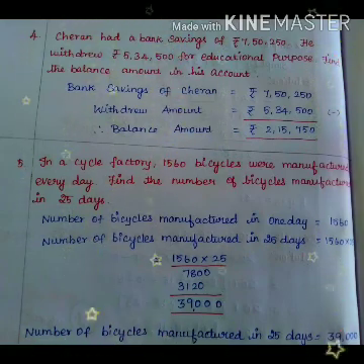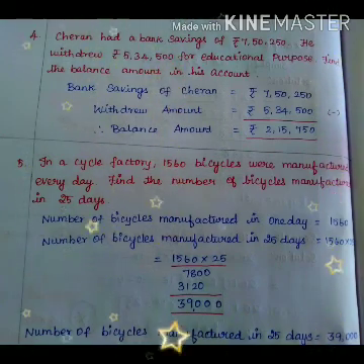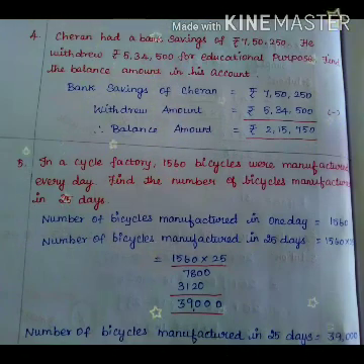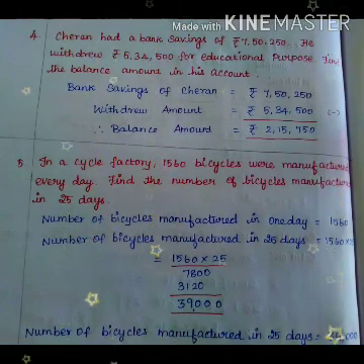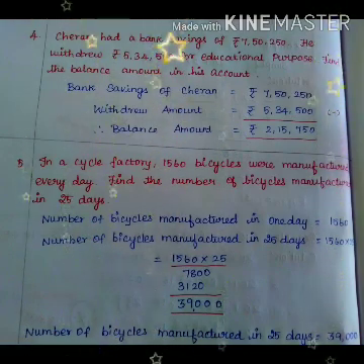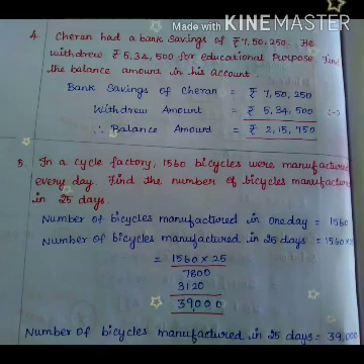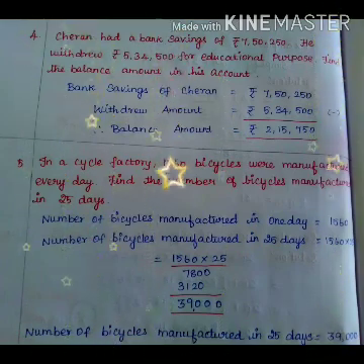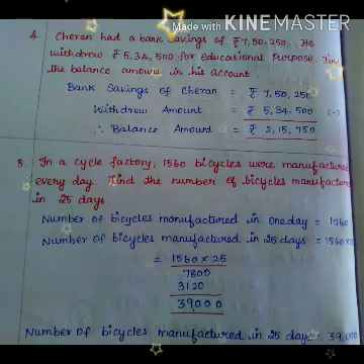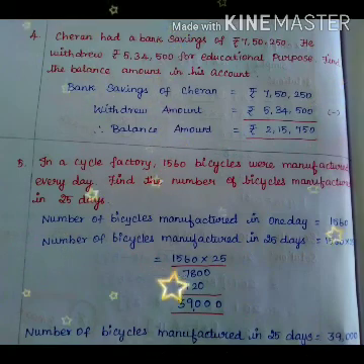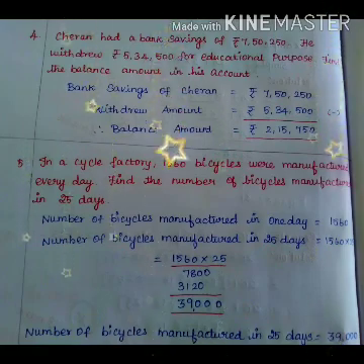So first, balance amount. What do we want to do here? Of course, we want to do the subtraction only. First, we want to write the total amount, that means the saving amount. See the solution. Bank saving of Charan equal to rupees 7,50,250. How many rupees did he withdraw? He withdrew 5,34,500. Now what are they asking? Balance amount only they are asking. How many rupees are there in Charan's account finally?